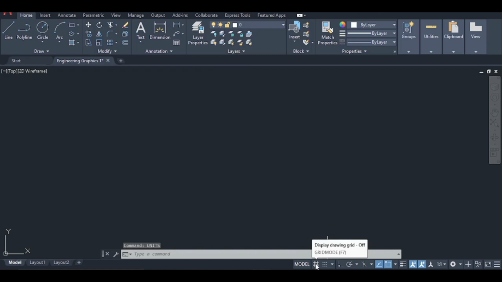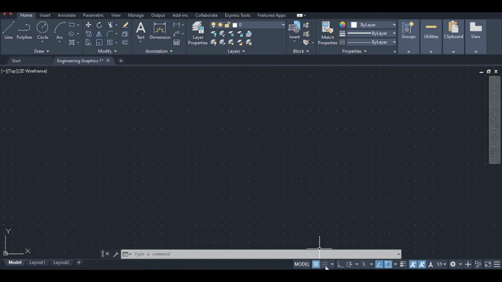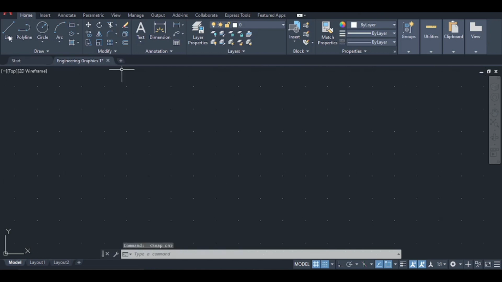And we need to turn on the drawing grid, and we also need snap to grid. So any line we draw will start from one of these points. So starting from the bottom left,